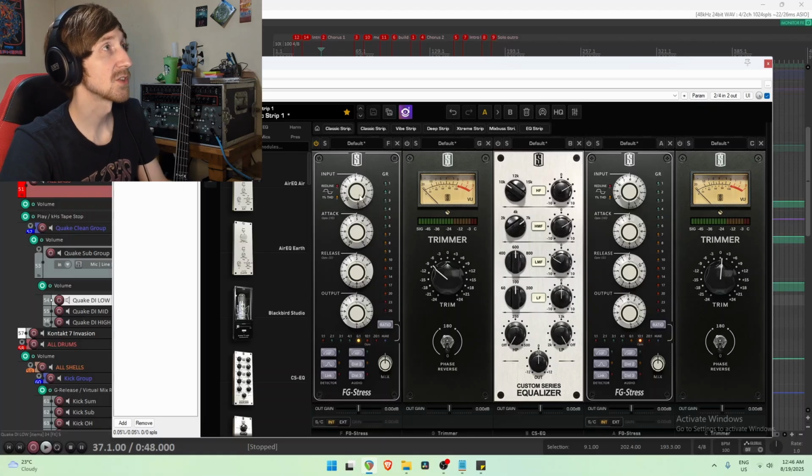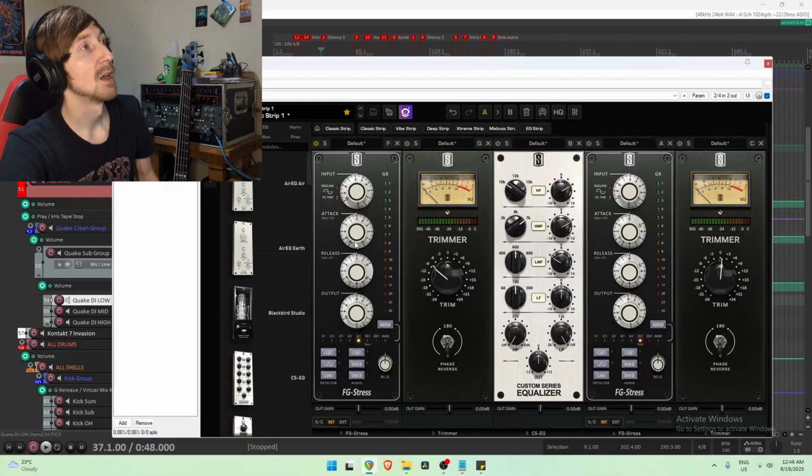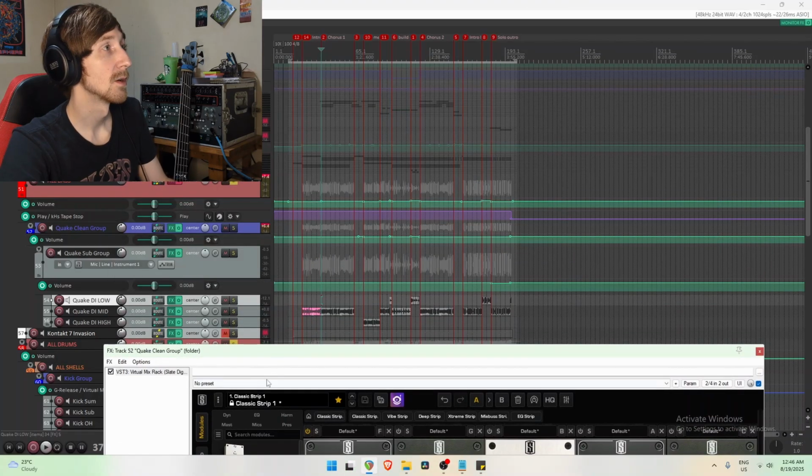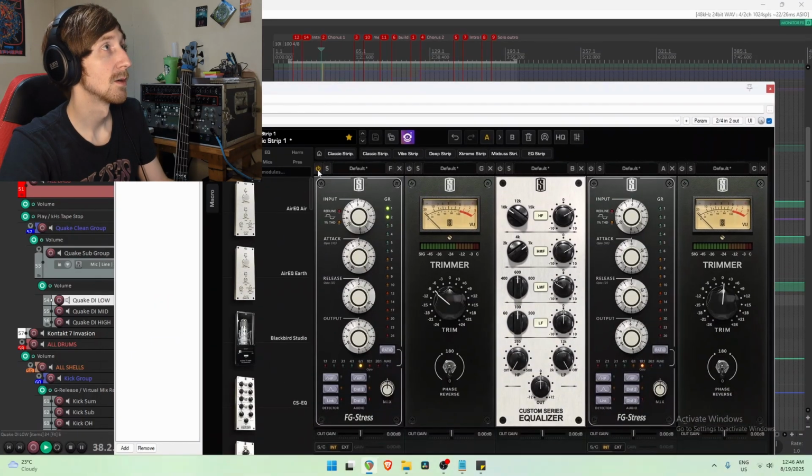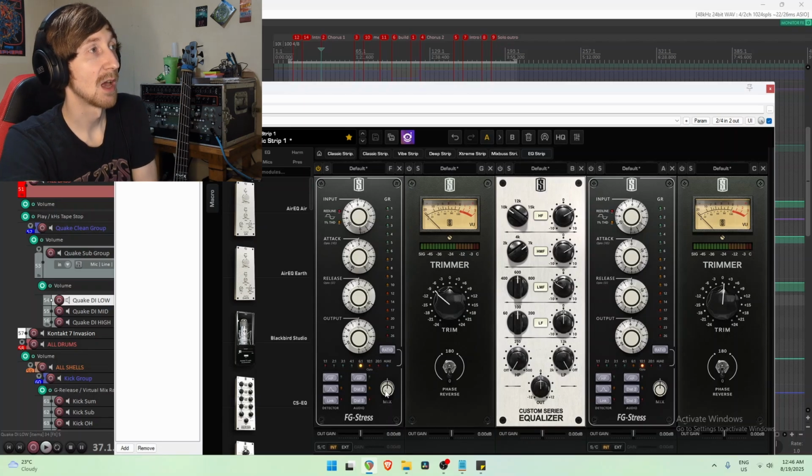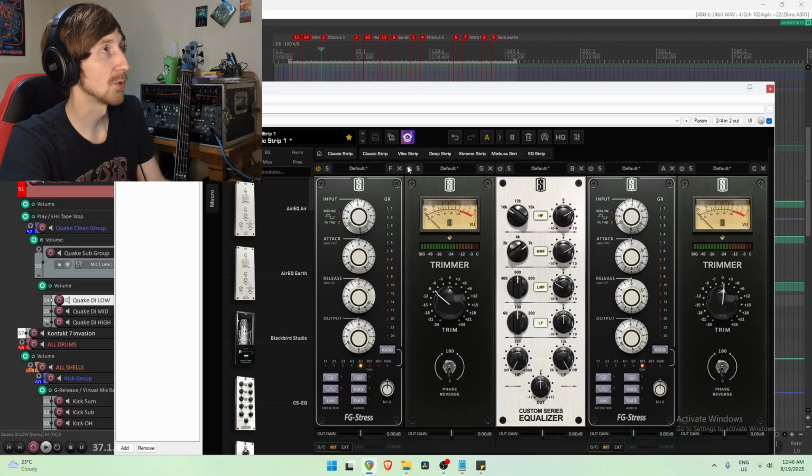So first we've got a Distressor. We've got it set with a fairly slow attack for a Distressor and a quick release. So we're letting some transient through and just controlling the level of the quake even further. And again, doing the mix knob at around 50% because I like to keep some dynamics intact and run things in parallel whenever it's appropriate. Then we've got a trimmer,